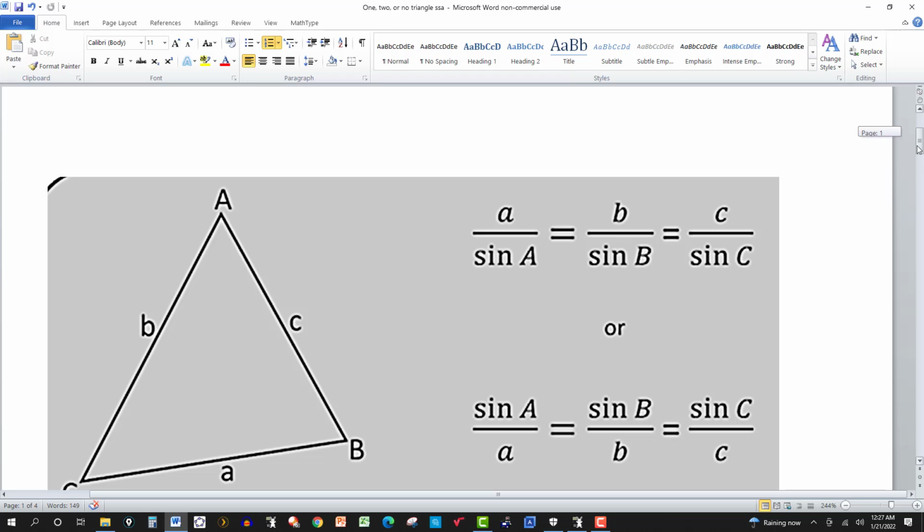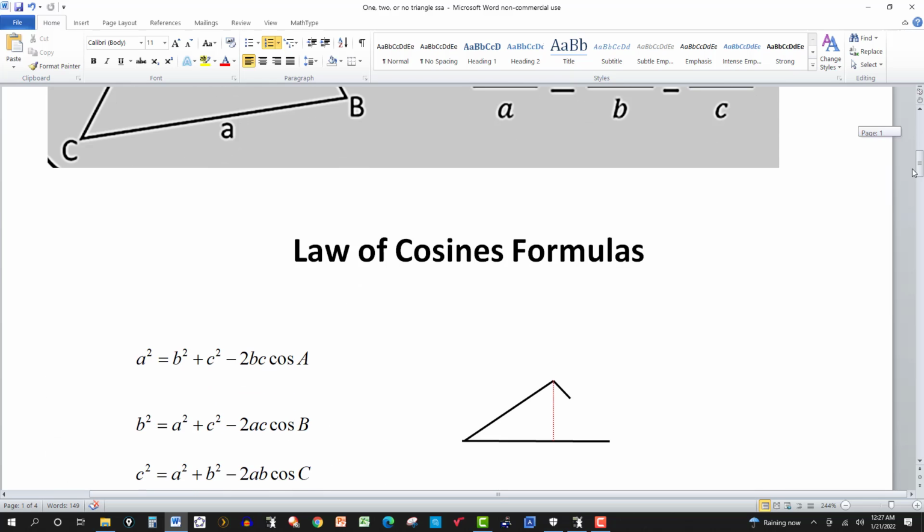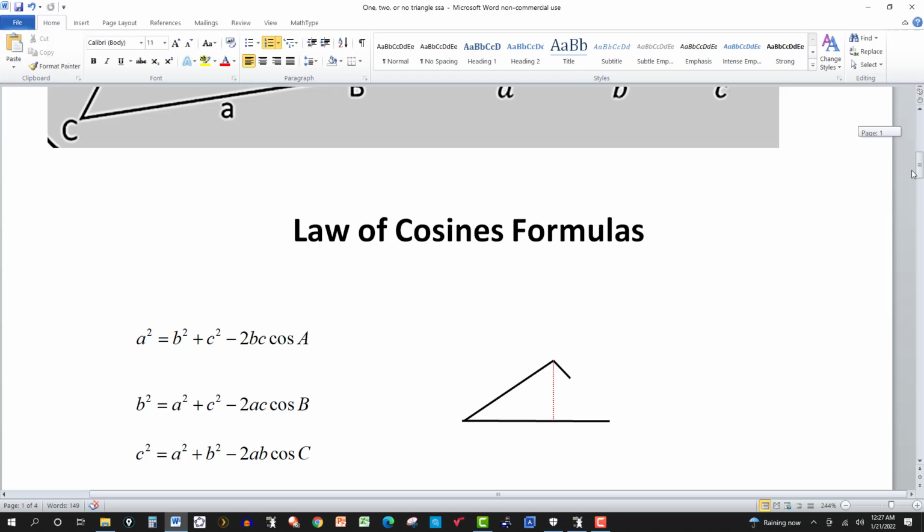They could have one obtuse angle, an angle larger than 90 degrees, or you could have three angles, all of them acute, less than 90. And again, keep in mind that the sum of all three angles of any triangle is always going to be equal to 180. Then the law of cosines formulas, haven't done anything with those yet,